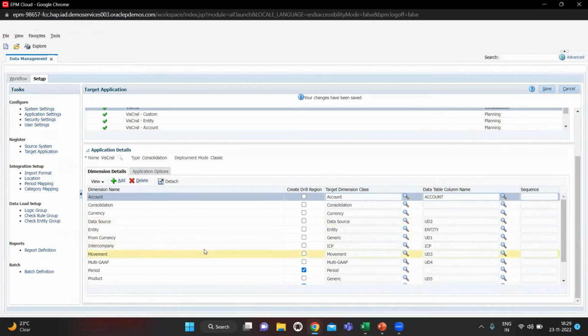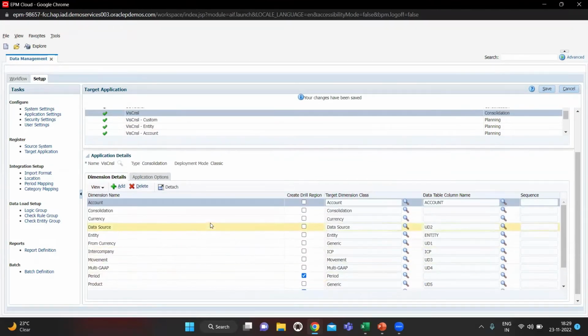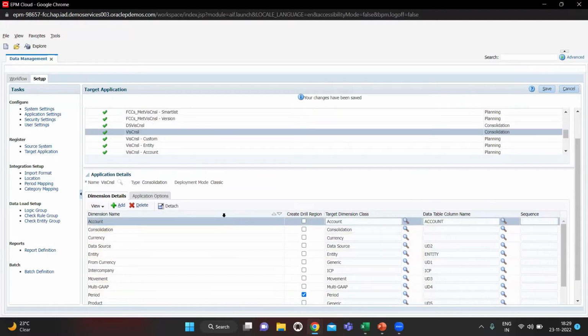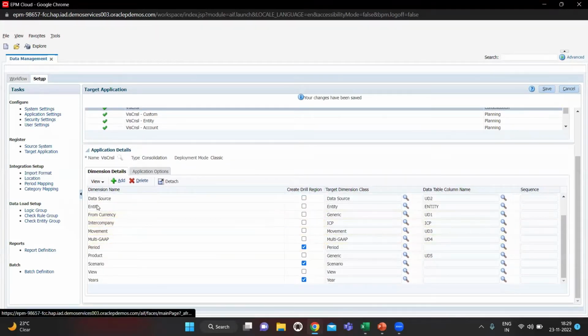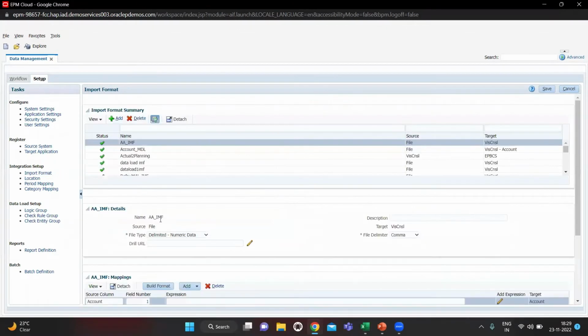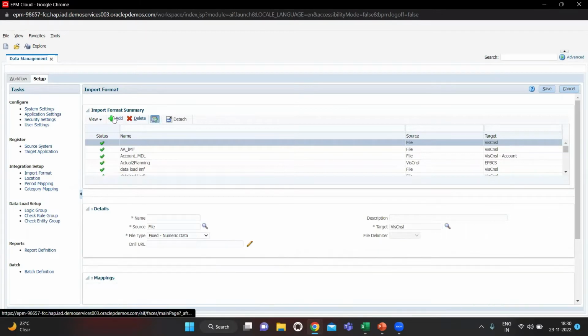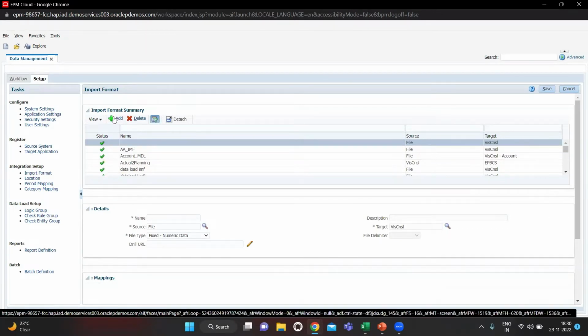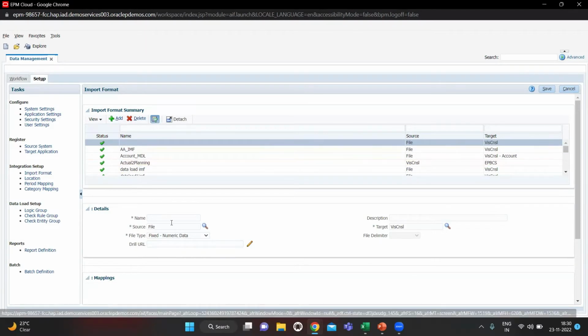Okay, in this you can see you have to check all the dimensions which should be present here before we move on to the next step. Okay, so after this we will click on import format, and we will create one import format for our file. So I will click add. Okay, after clicking add you have to give one name for the import format. So I will name it as IMF